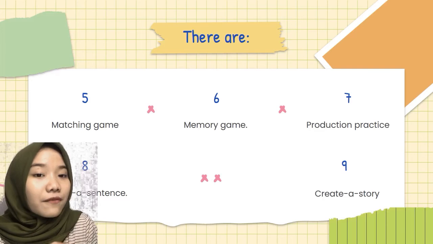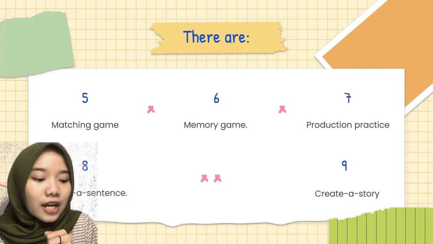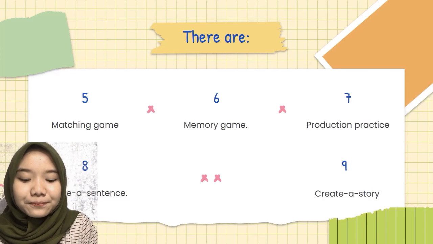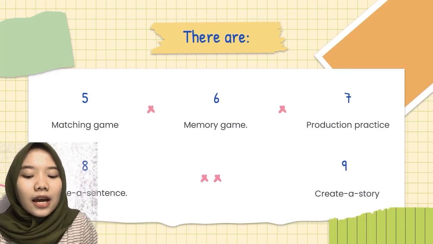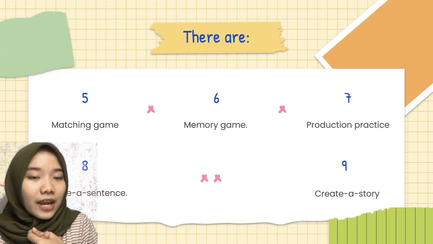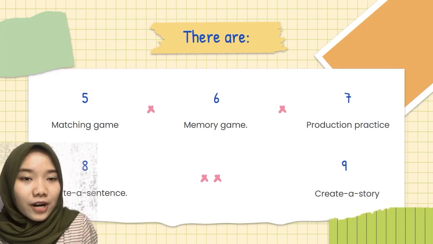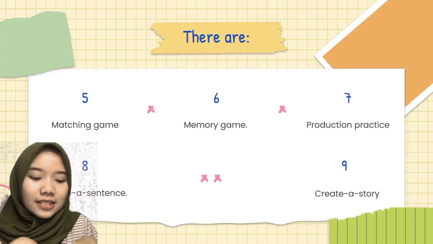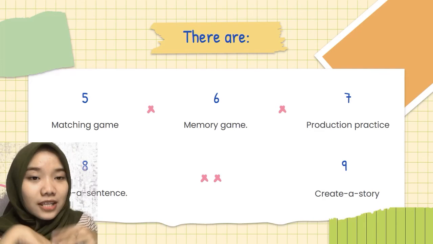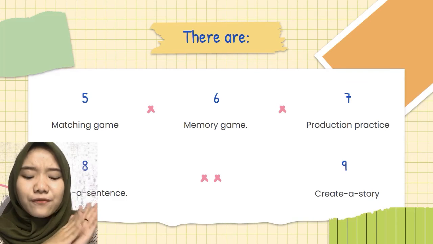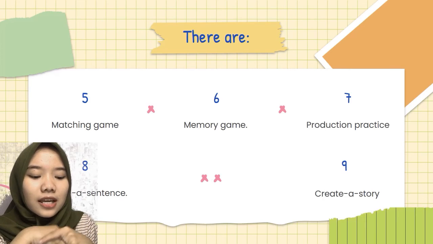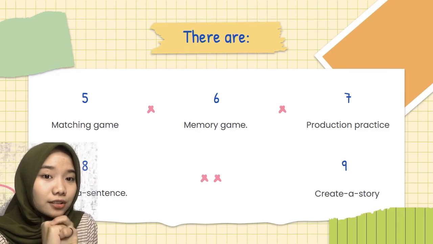Shuffle the cards and have the child sort and match the contrasting pairs. The eight is production practice. Practice, practice, and practice. Remember, okay? Have the child say the F word, say the T word, then say the contrast